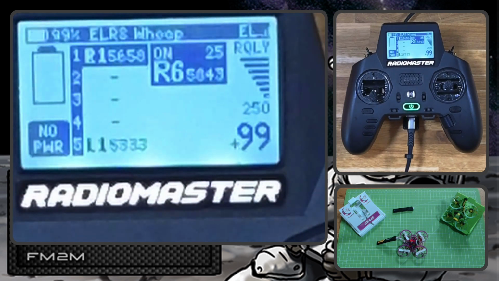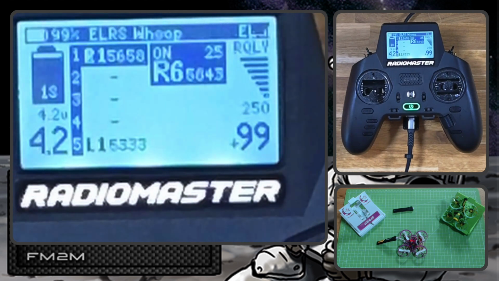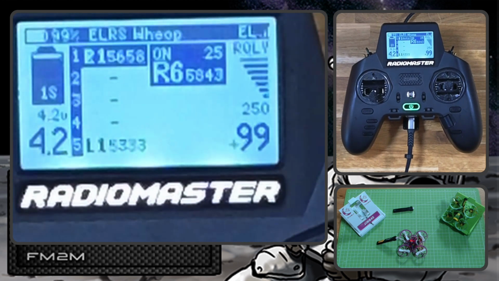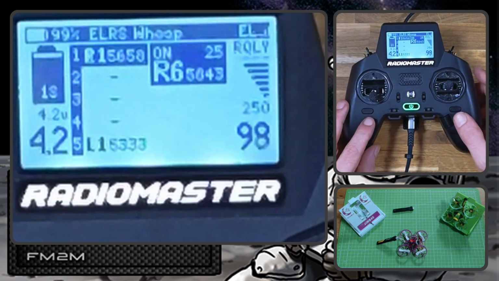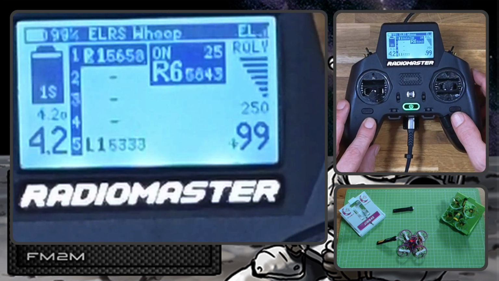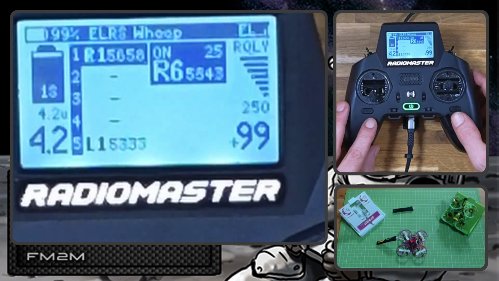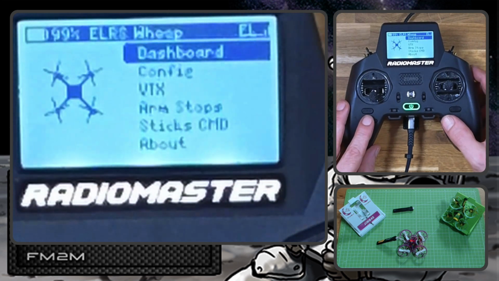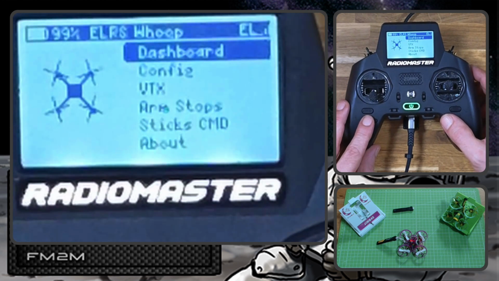So it needs to read VTX, of course, current settings, but also tables. So what I've implemented is